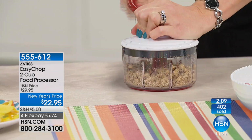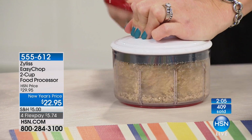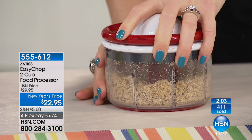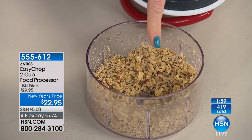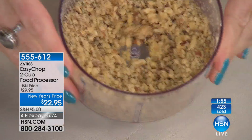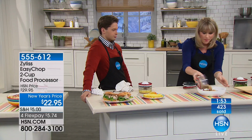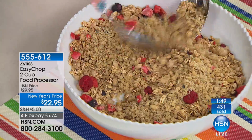He uses it all the time now because it's just easy. All you have to do is grab it and go. I mean, take it either with you or no plugs. You can see if you wanted to do graham crackers for a beautiful pie crust. We just did some walnuts to chop up for a homemade granola. Whatever it is you're doing,